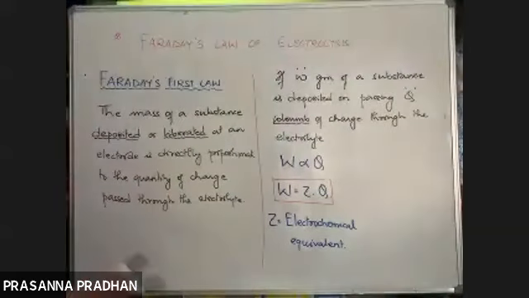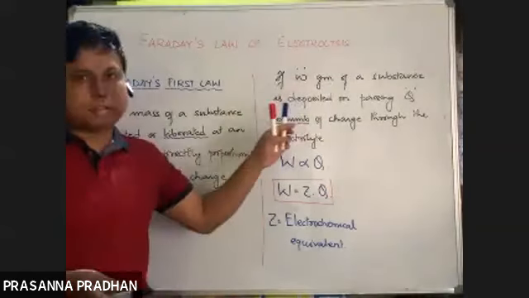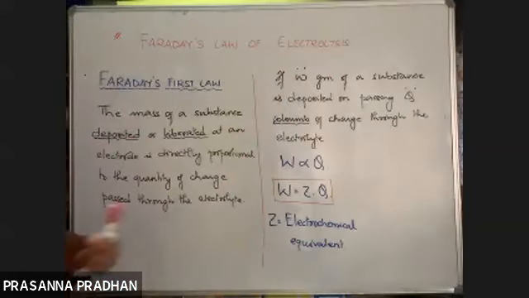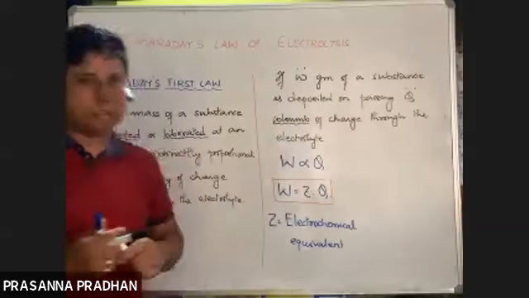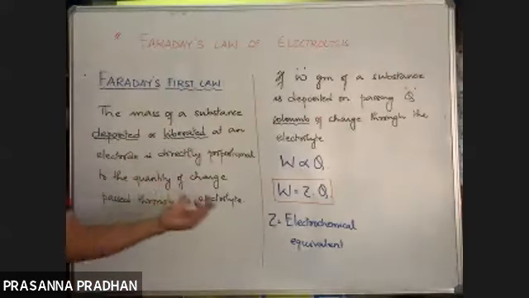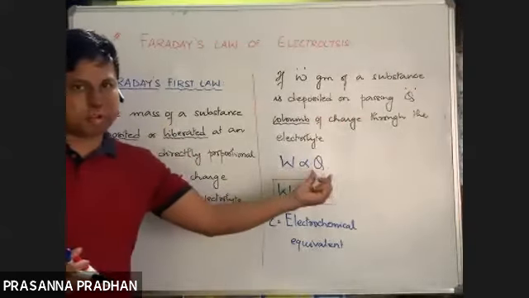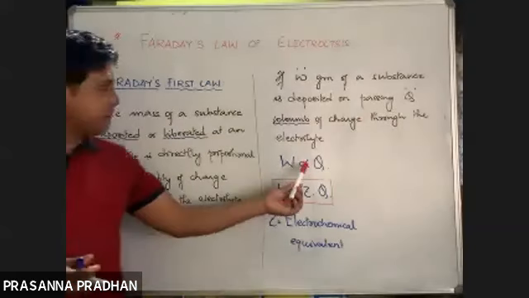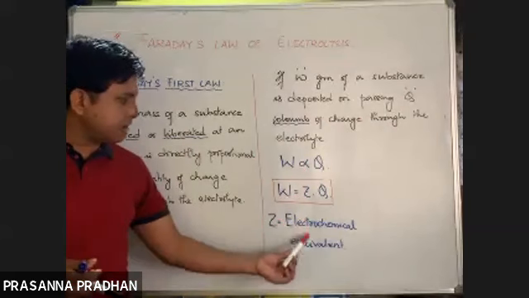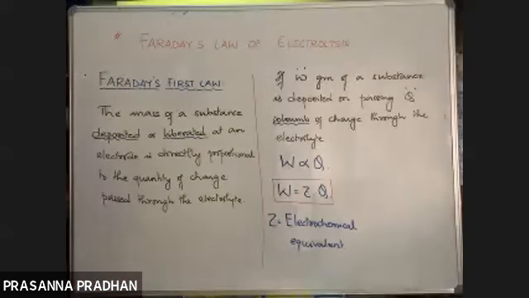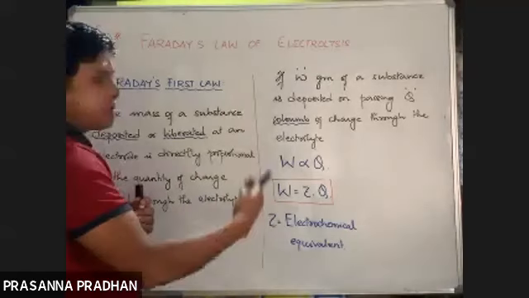So what have we done out here? We have assumed that W gram of a substance is getting deposited on passing Q coulomb of charge to the electrolyte. Now, according to Faraday's first law, W is directly proportional to Q. So on removing this proportionality sign, we get a constant Z, and this constant Z is known as electrochemical equivalent. So I was asking you, what is the relationship between a charge and current?